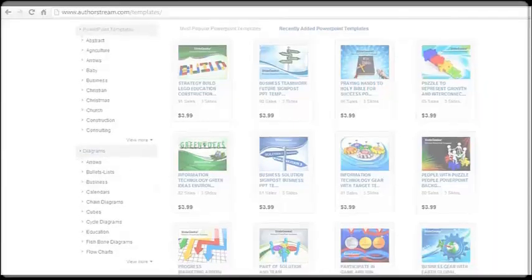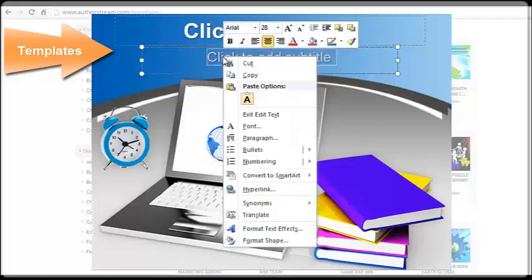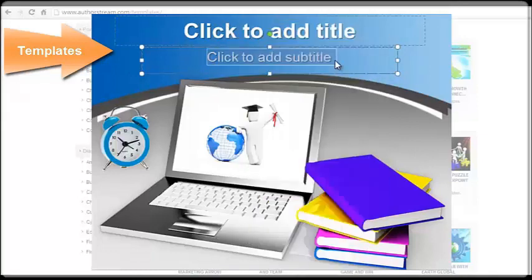A PowerPoint template sets the theme for your presentation and comprises a suitable image that blends with your topic, plus placeholders to enter your headline, product information, and any other detail. The image in the template cannot be altered as it is a JPEG file, but you have the liberty to change the font, its color, and layout if you wish to.